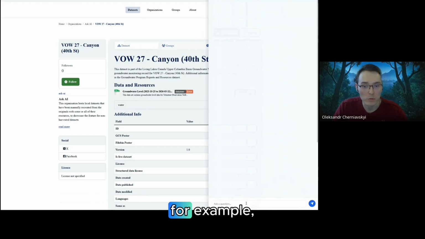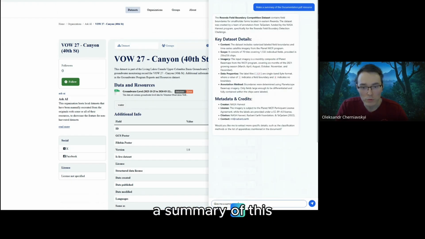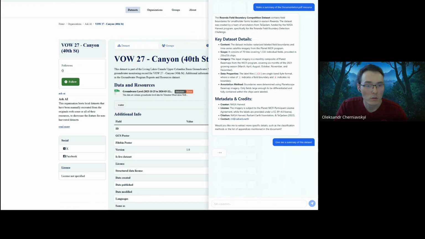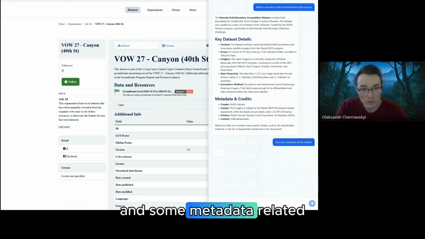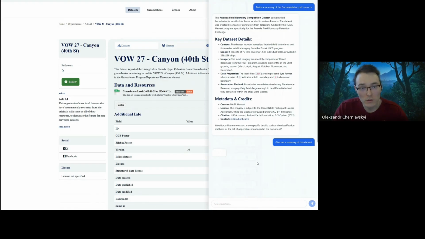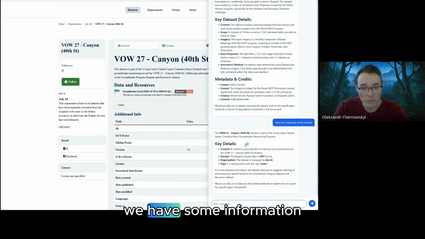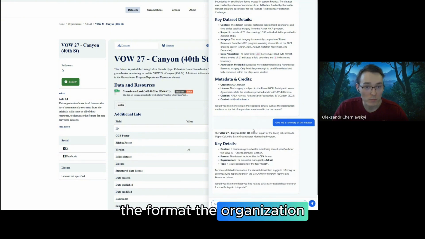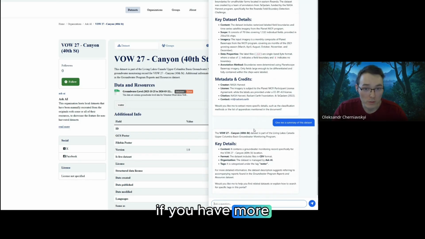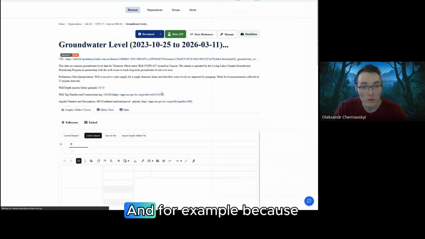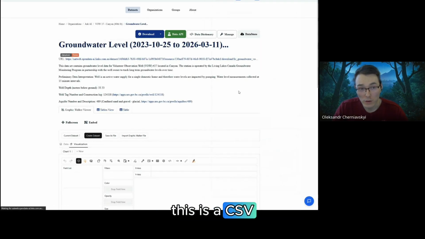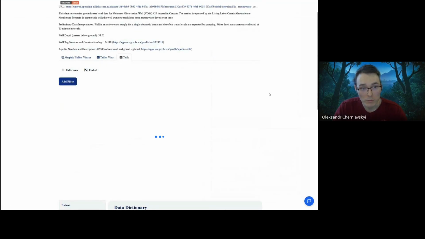But we can do it, for example, with CSV files. Let's say you want me to give you a summary of this dataset. This dataset contains a CSV file and some metadata related to the dataset. We have some information about the content, the format, the organization, some text. If you have more metadata, the response will be more complete and comprehensive. And because this is a CSV file,